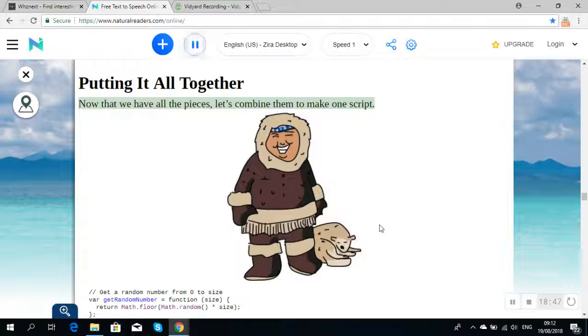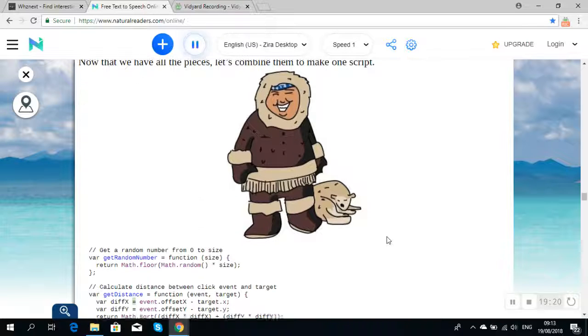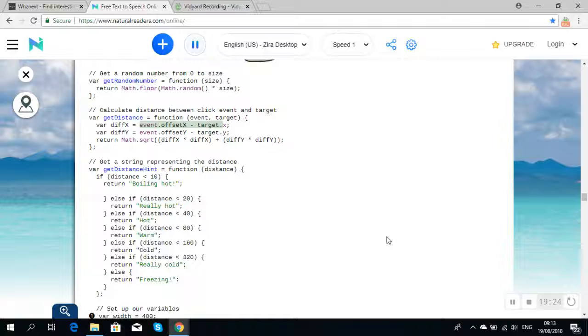Now that we have all the pieces, let's combine them to make one script. // get a random number from 0 to size. var getRandomNumber = function (size) { return Math.floor(Math.random() * size); }; // calculate distance between click event and target. var getDistance = function (event, target) { var diffX = event.offsetX - target.x; var diffY = event.offsetY - target.y; return Math.sqrt(diffX * diffX + diffY * diffY);